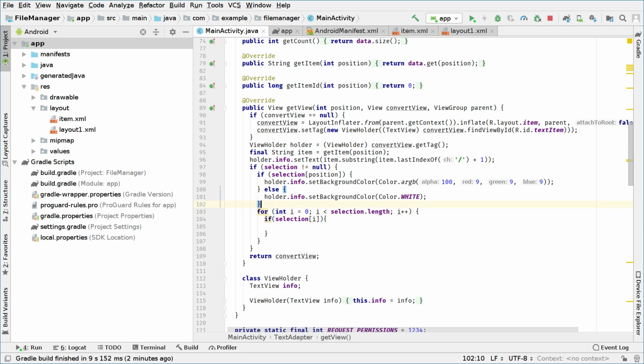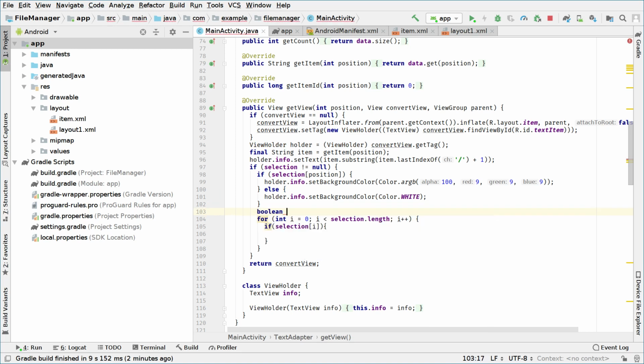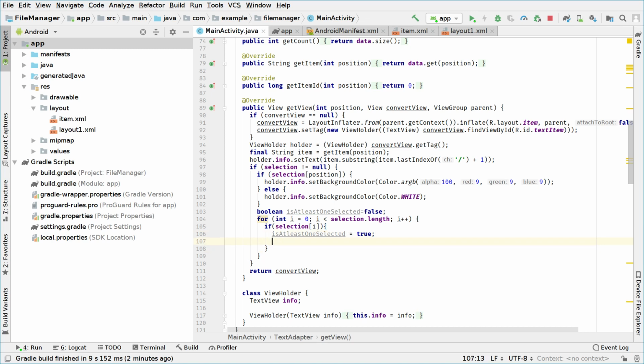And here we can create a boolean, for example isAtLeastOneSelected, and we will set this boolean to false. If selection i is selected, we will set isAtLeastOneSelected to true. We will also break the loop because we don't need to waste more computing time right here. And outside the for loop,